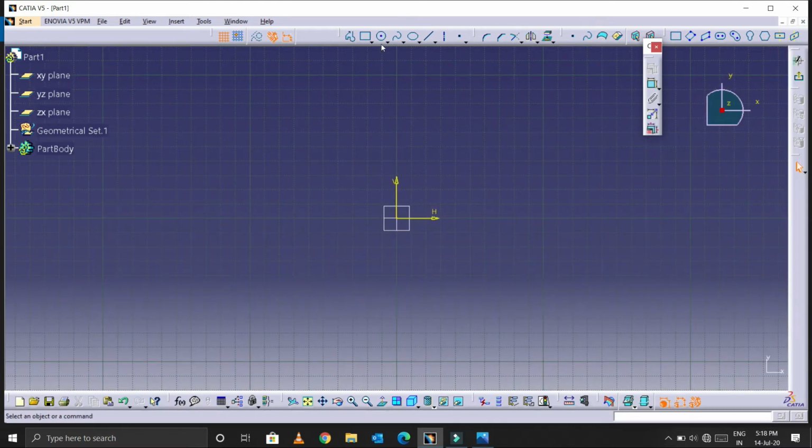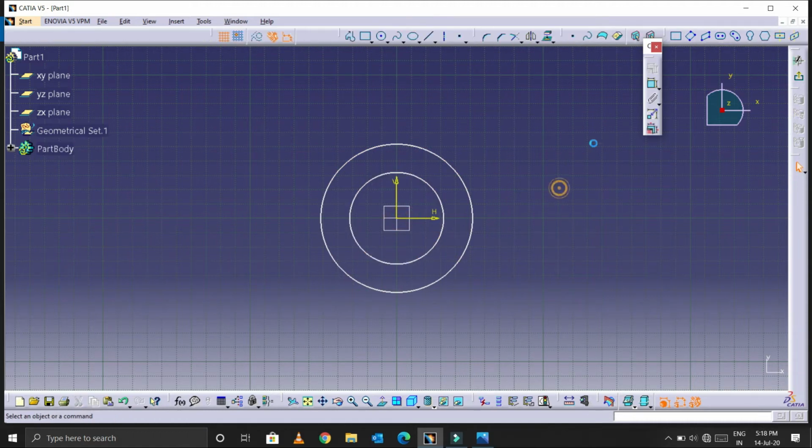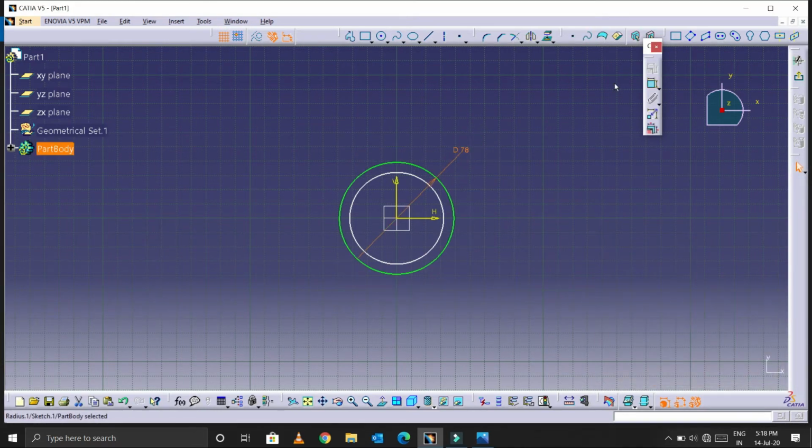Yes, so first of all I am going to draw a circle. One circle, and one more circle I am going to draw. Let me explain. So the outer diameter is 78 and let's see the inner diameter of that circle.